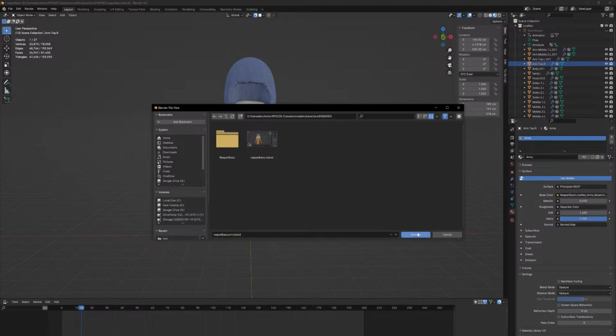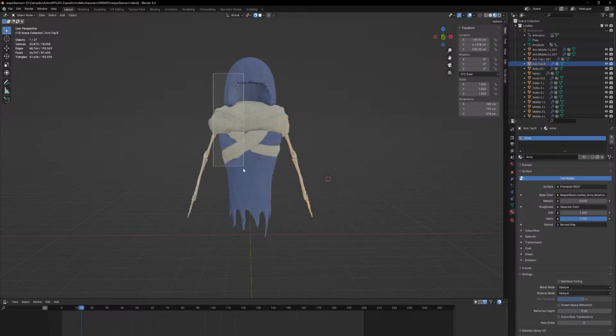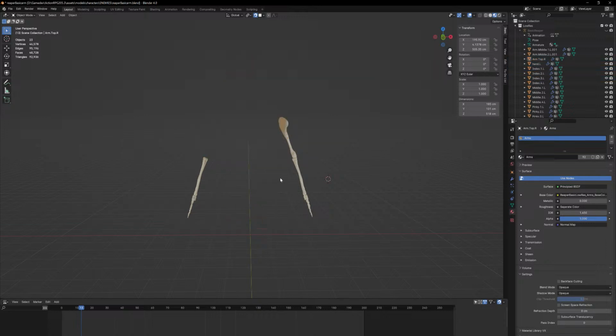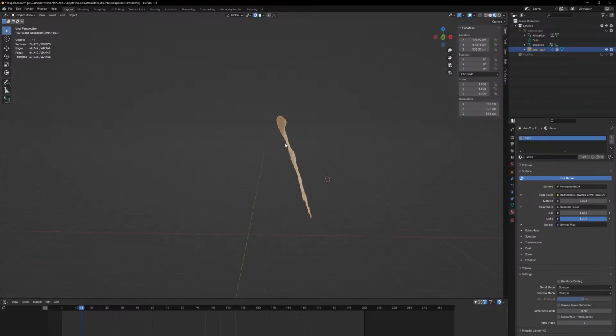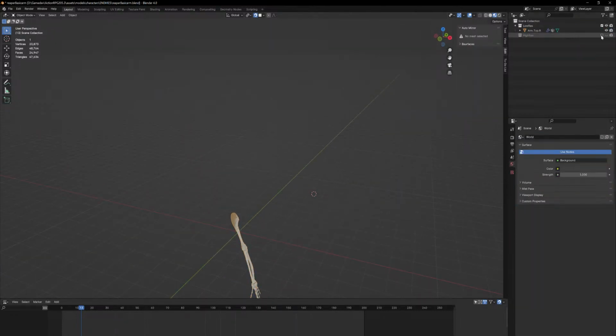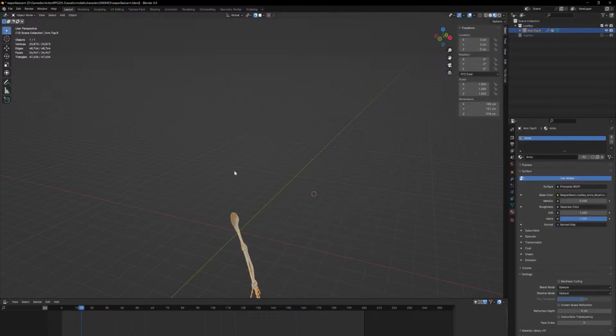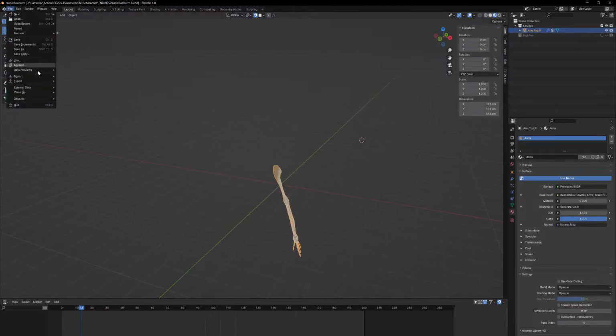It's fine. Now we can delete all this and that, and just set this to location 0, 0, 0. Don't need that anymore either. And then we just export this and try to import that into